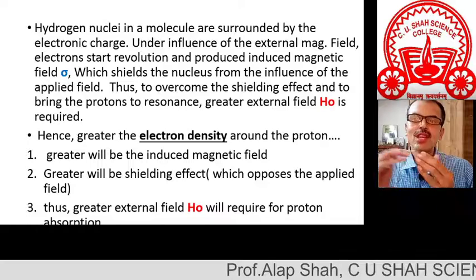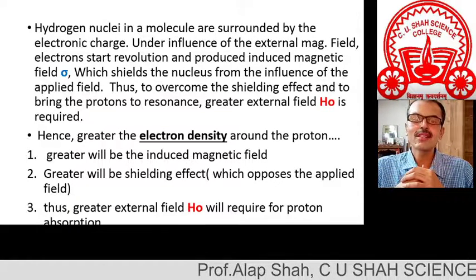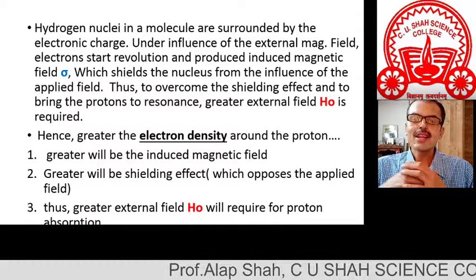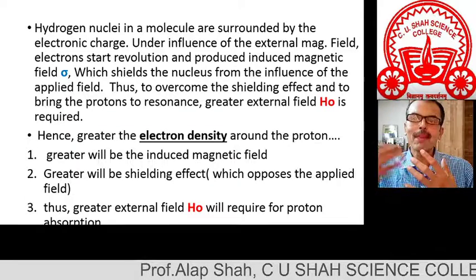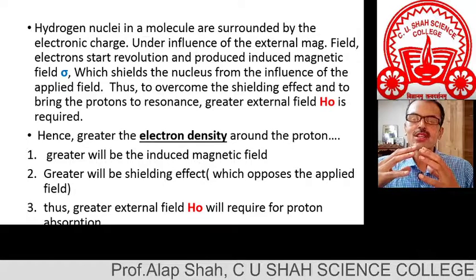Sometimes they oppose the H0, in which case they would decrease it. This induced magnetic field shields the proton from the applied magnetic field H0. So this is called the shielding effect.